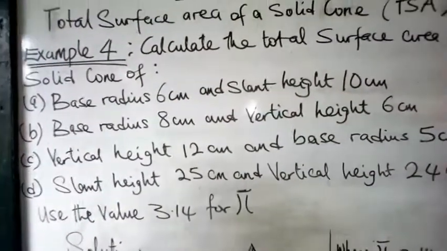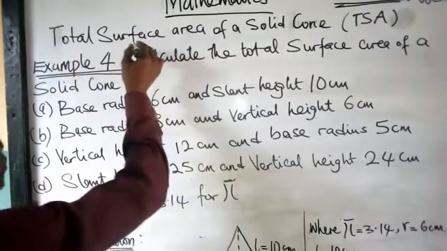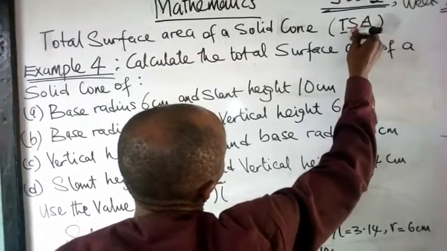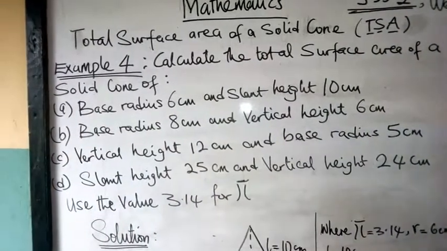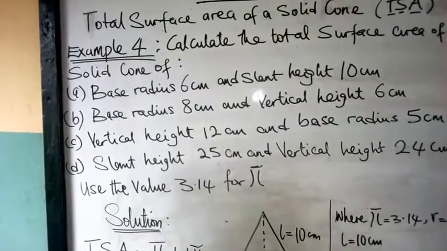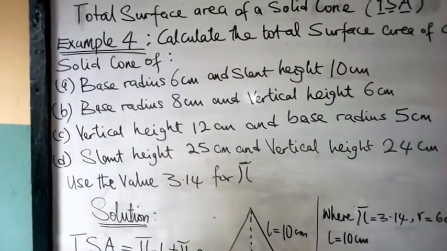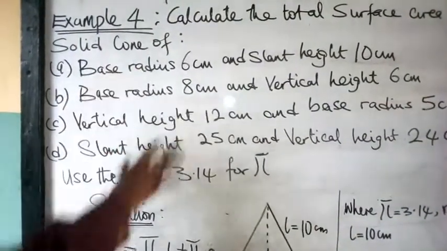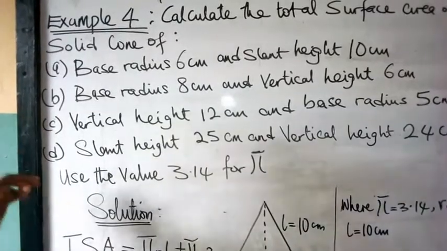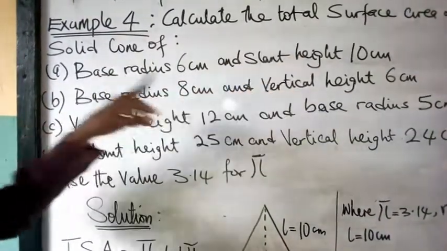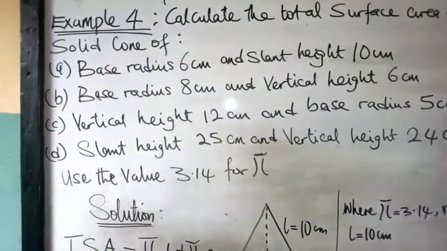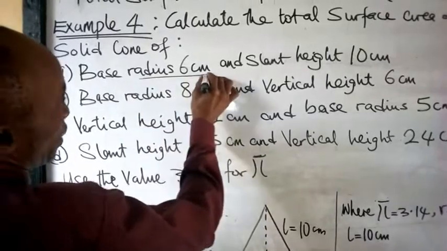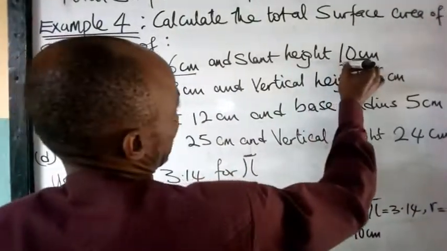Another example. In this example, we are going to look at the total surface area of a solid cone, TSA. I will be using TSA so that I will be able to work faster. So in this case, we go straight to the solution, and after reading the question, we go straight to the solution. Calculate the total surface area of a solid cone of A: base radius 6 cm, slant height 10 cm,